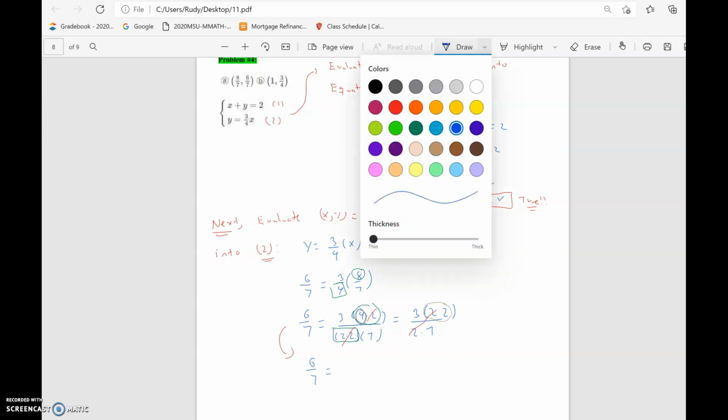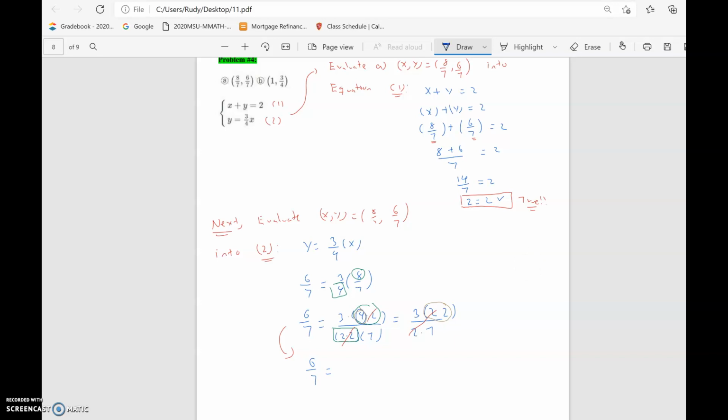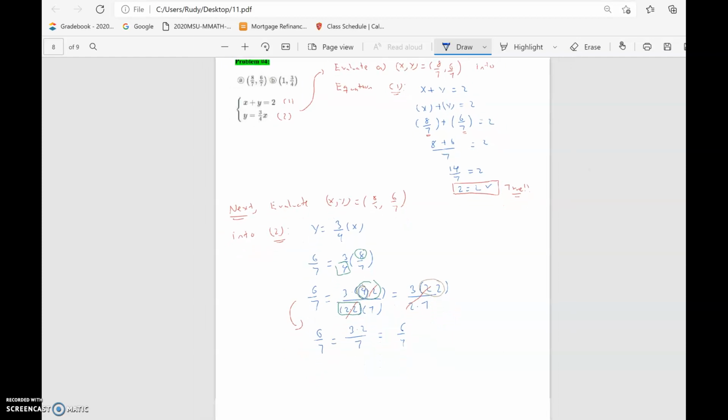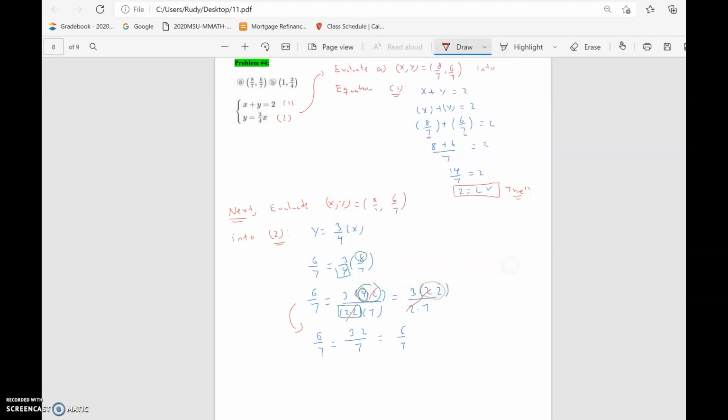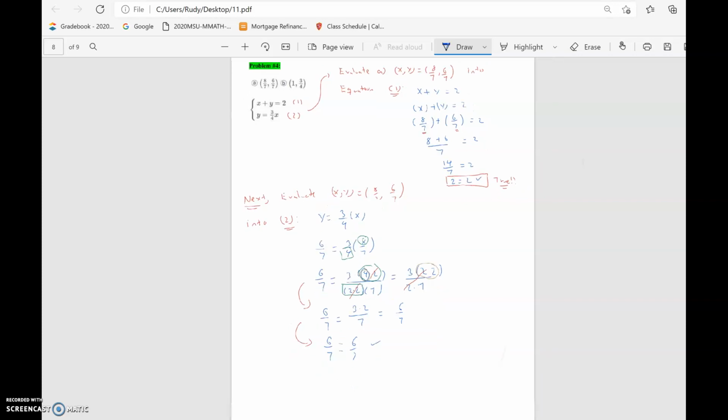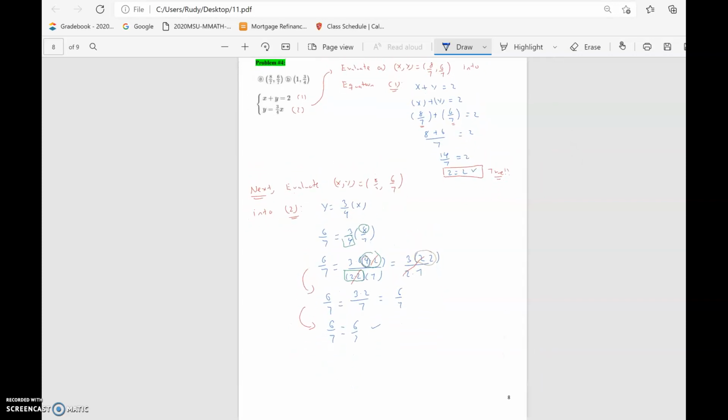In this case, we're left with 3 times 2 over 7, or 6/7, which means that yes, let me rewrite it. This one turned out to be a little bit messy. So 6/7 is equal to 6/7, and we would just conclude that yes,